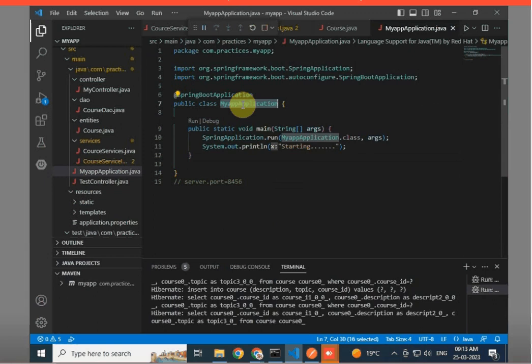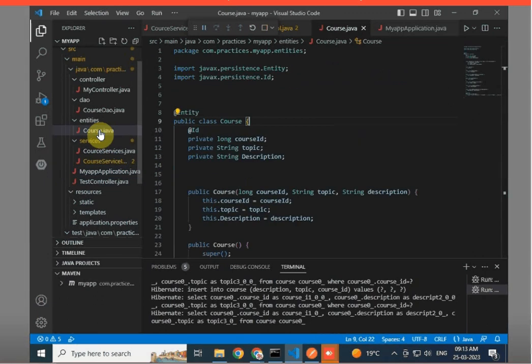Let's see our next class, the Course class. The Course class is an entity class representing a course. It is annotated with @Entity, which tells JPA to treat this class as an entity and map it to a database table.